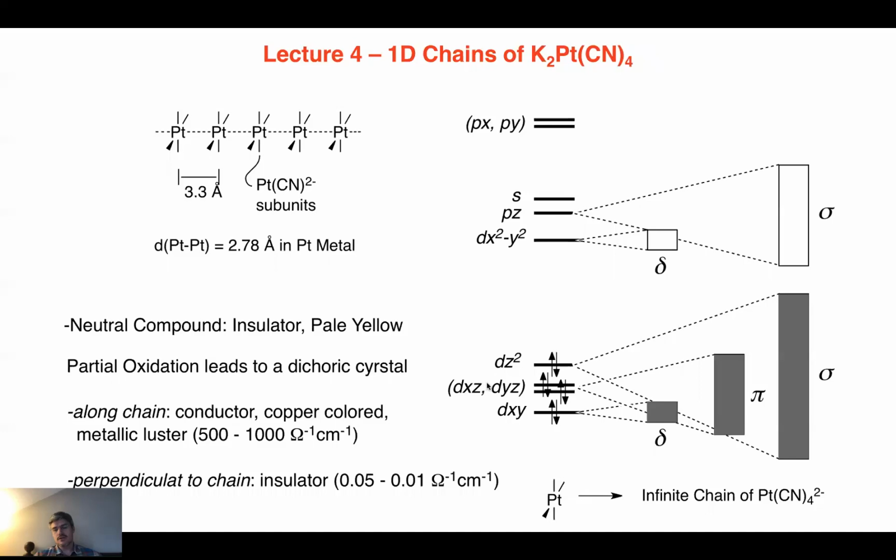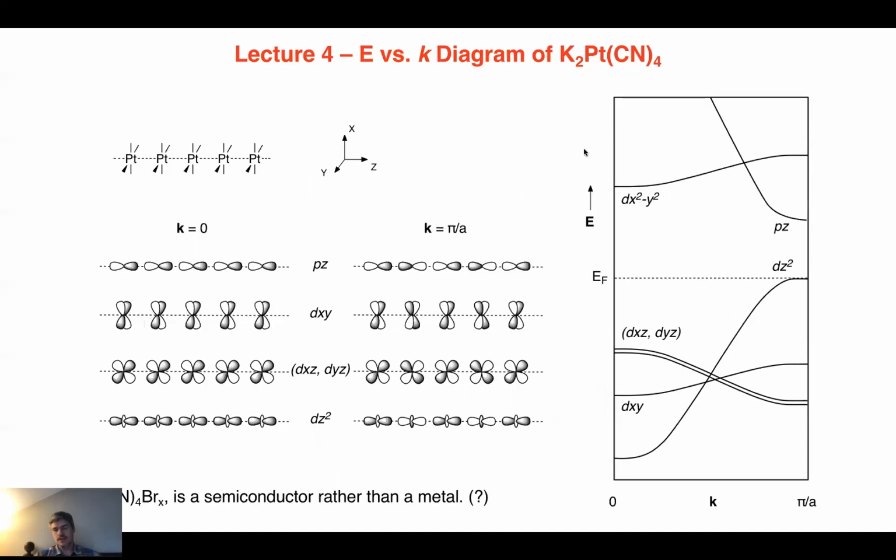And so these energies are E alpha on this diagram. E alpha is right in the middle here. Okay, so dxy, its E alpha is there, dz squared E alpha is there, xz, yz, E alpha is there,